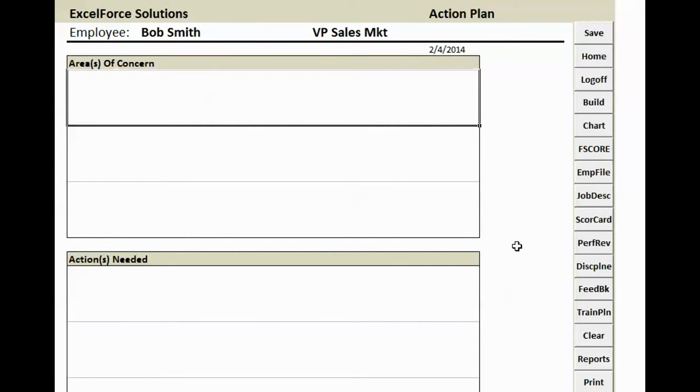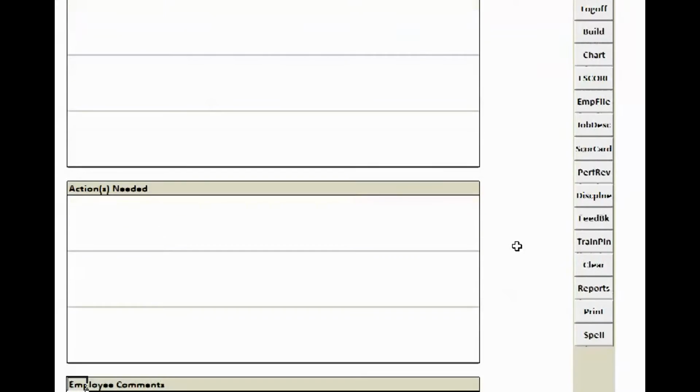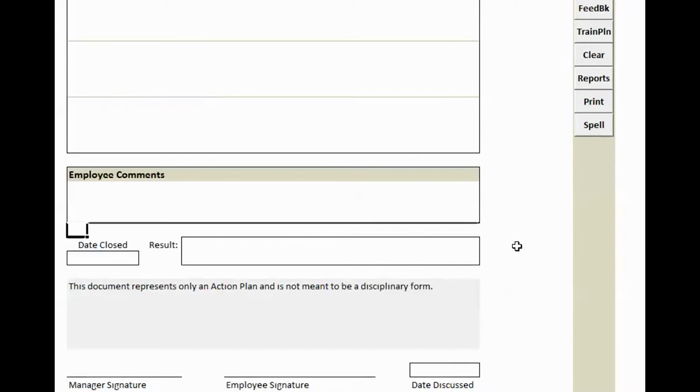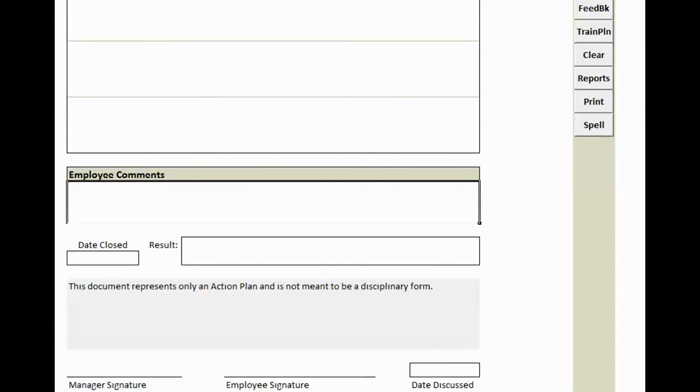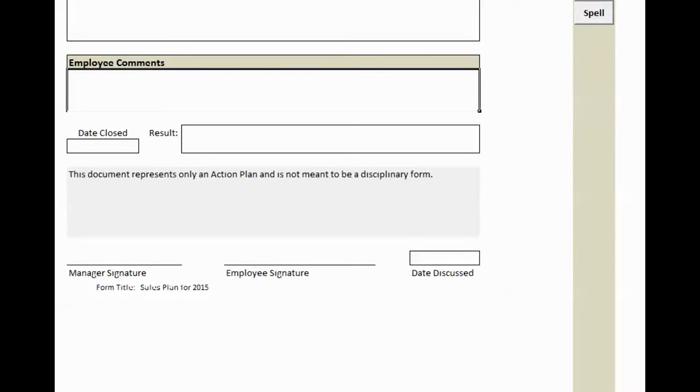And this is just a simple form. Gives you room to put comments regarding 3 areas of concerns, actions needed, any employee comments after the discussion was made that maybe you want to document in the system. And then one thing to notice about discipline forms in particular, there's a date closed on here and a date discussed. I think again, just because these are potentially legal documents, official forms in the file, I think it's important to document when we had the discussion with the employee, and when we closed out the discipline form. So in this case, if it's an action plan for sales,